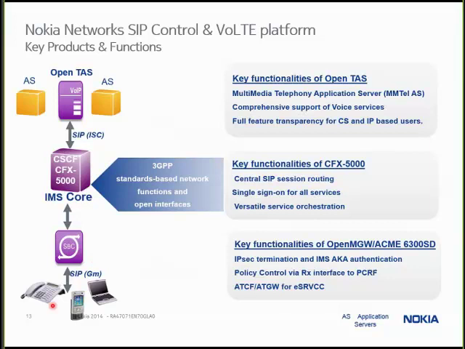We have some kind of access network to connect to the IMS core, which is going to be used to do central session routing. It'll provide the single sign-on services for these devices. It'll provide orchestration of what services you have. And then in the access network, these two will interact with each other to make sure we implement correct policies, correct charging policies. Also, we'll be able to authenticate the subscriber through all of that.